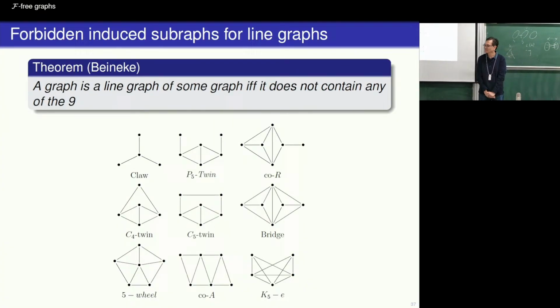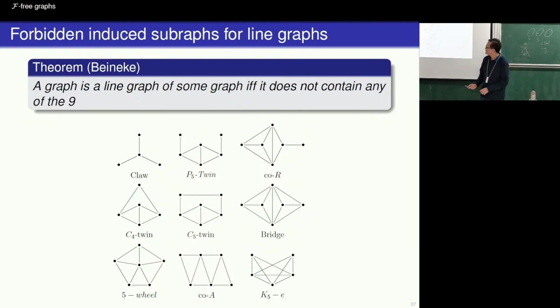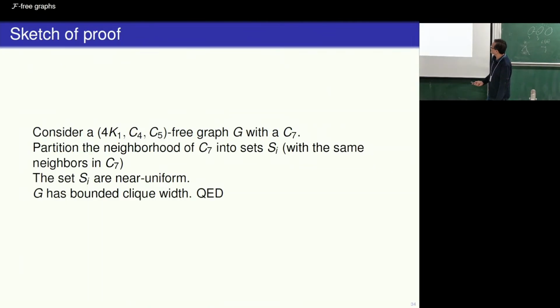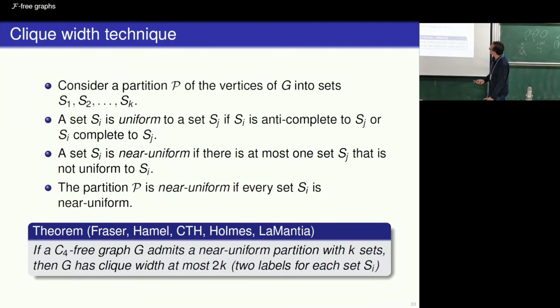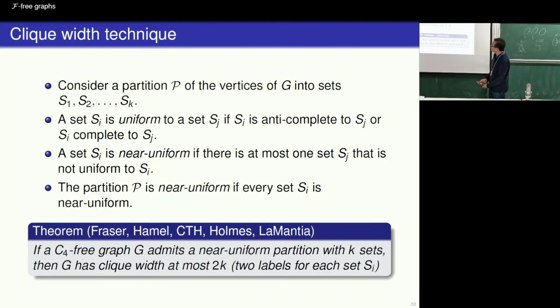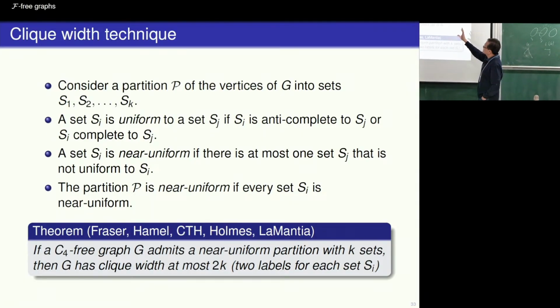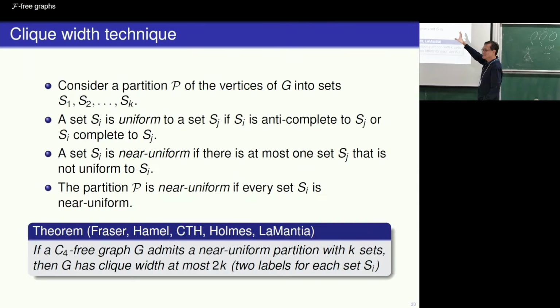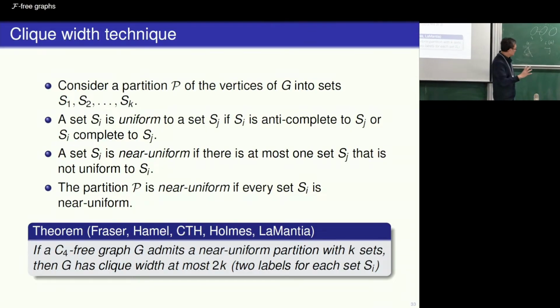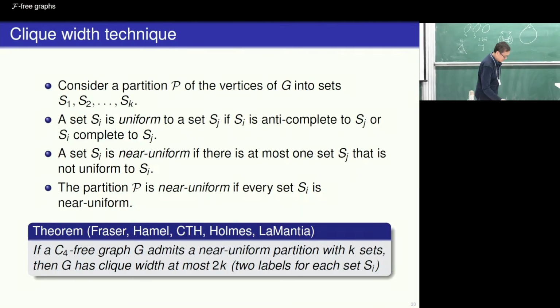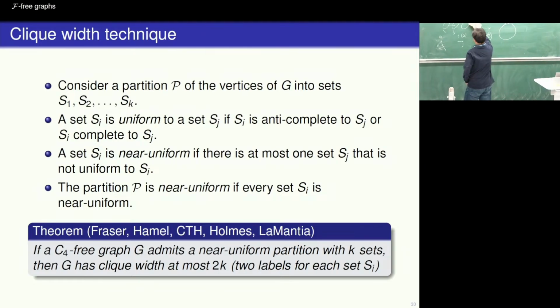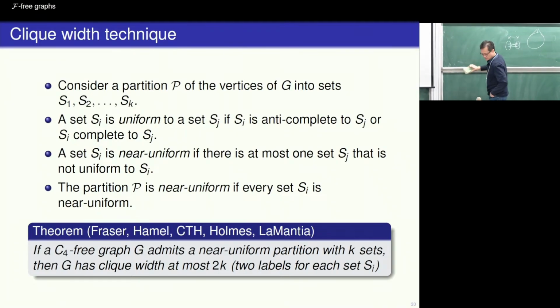I was curious about this near uniform partition. Can you sketch some idea for the proof? I think it's easier than the near uniform partition, so let's just think about the uniform partition first and do near uniform after. So uniform partition means